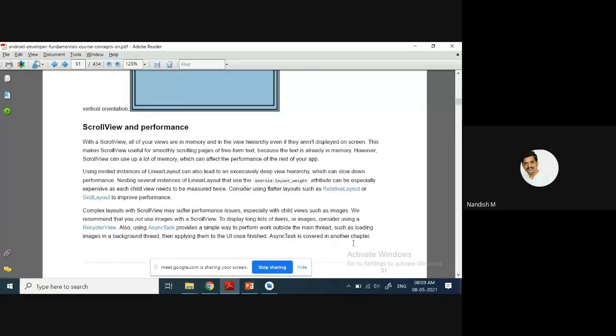And we are going to have multiple linear layouts inside that, because there will not be only a single linear layout. If there are so many articles, inside a scroll view there will be so many linear layouts. So many linear layouts means there are nested instances. There will be what is called a deep hierarchy, that will always slow down the performance.